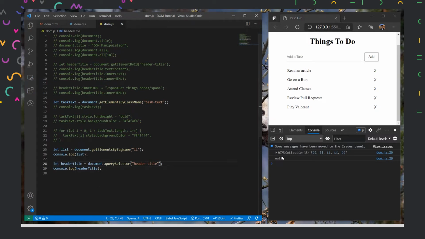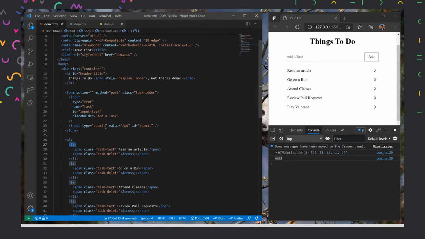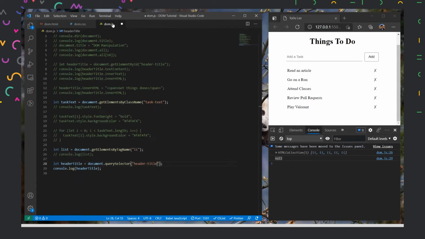there is some typo, that's why it is showing me null. Oh yes, the typo here is that it doesn't know which element I'm selecting. Is it an ID?